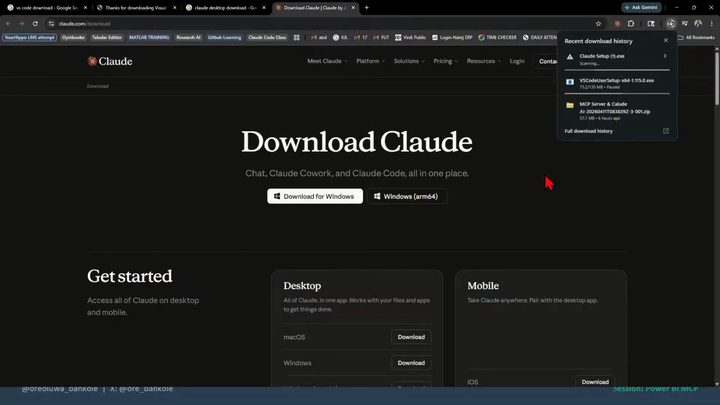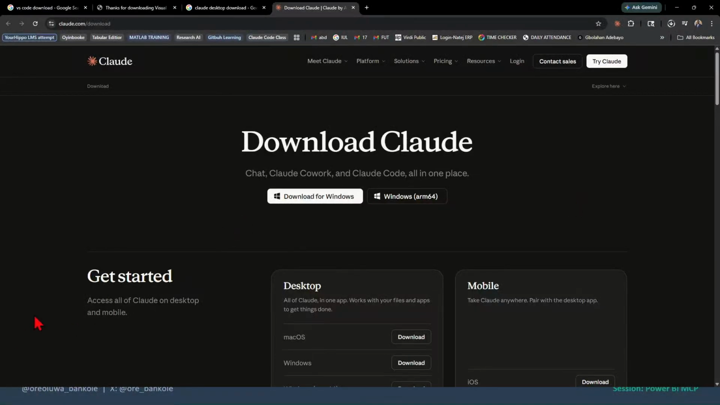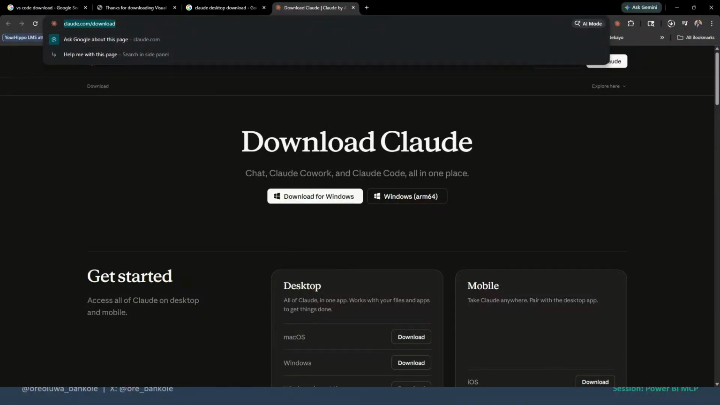Now I have downloaded Claude, and I've also downloaded VS Code. And I believe that for those of us that are following the class, we've also done the same thing. It's very, very easy. There's nothing difficult about it. Just download. Yeah, okay, I would do that. So let me just copy this. So we have the one for Claude,